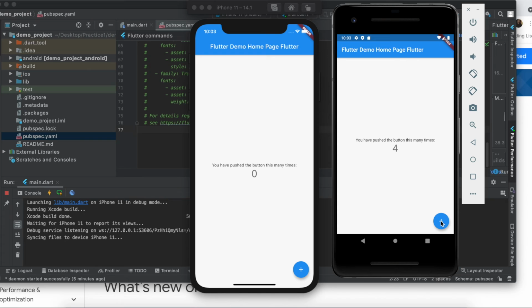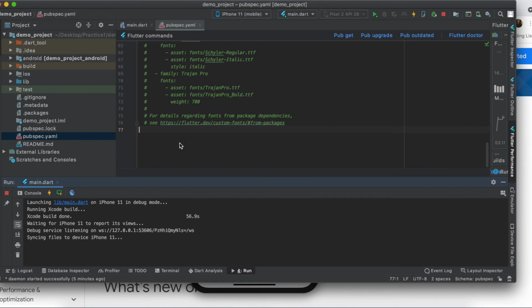So this is the emulator, this is the simulator. What is happening is that this is your basic app bar, and then we have this text over here and this floating action button. This debug banner is there just because we are working in debug mode. This is your app bar, your text, and once I click on this, it just increments this counter, and here also it will do the same. I have just run it in both the applications.